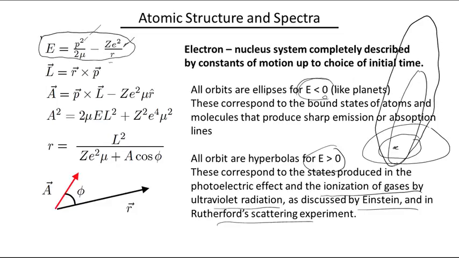For E greater than 0, you have a type of trajectory where, let's say here's the proton, the electron comes in and it just visits once and never leaves. So these two types of classical orbits actually have counterparts in the quantum mechanical spectrum,